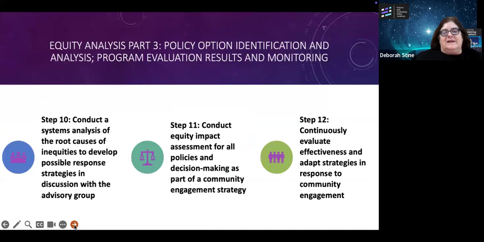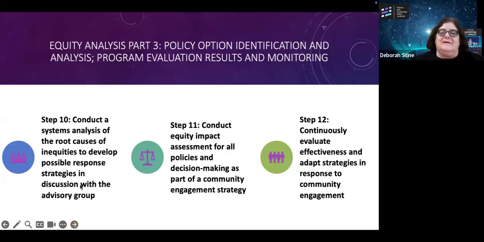Then the last part is something that some of you will do and others of you will not do. When I worked for the Congressional Research Service, which is a think tank for Congress, we were allowed to identify policy options, but we were not allowed to make recommendations. Depending on your position, you may not be in that situation where maybe they just want the analysis, they don't want policy options. Sometimes they want options, but not recommendations. But if you are at the stage where whomever you're preparing your analysis for is interested in recommendations, or you don't have an organization oversight that says you can't make recommendations, then you want to go through these last three steps,